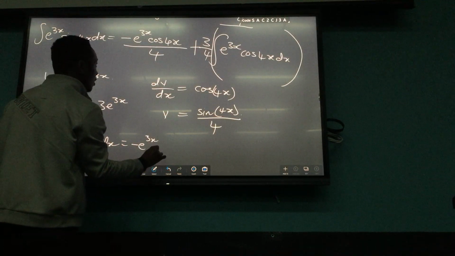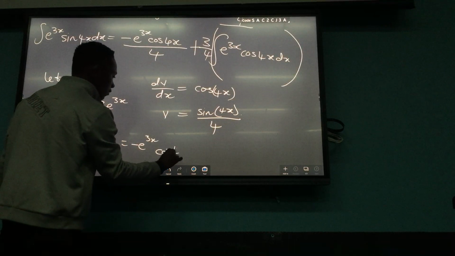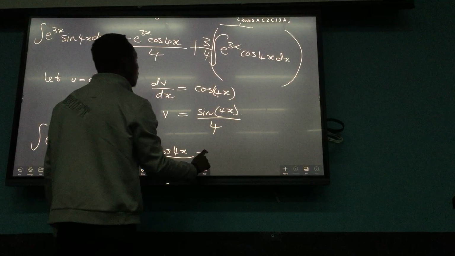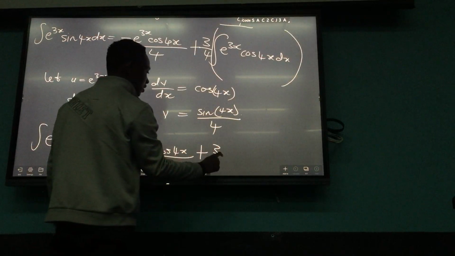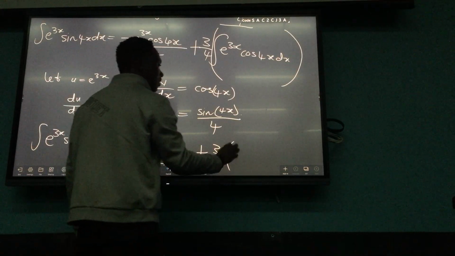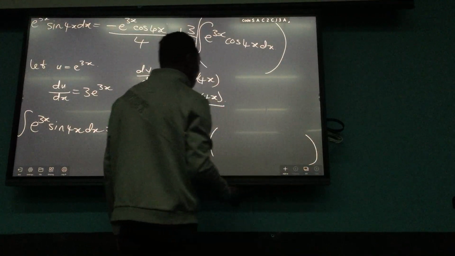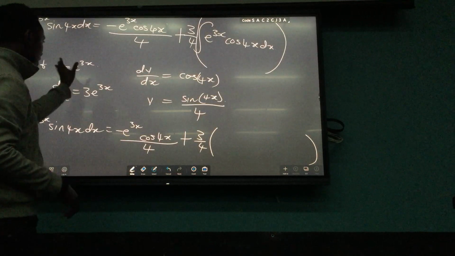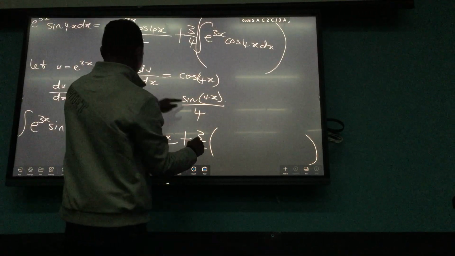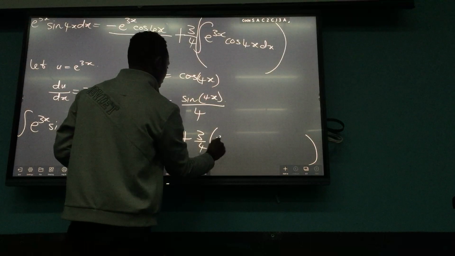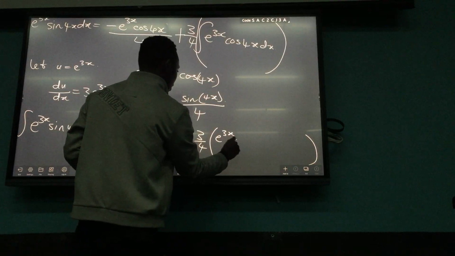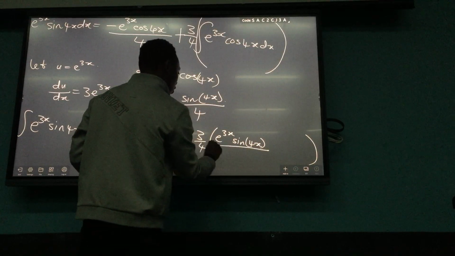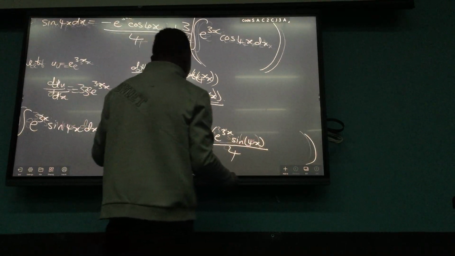It's going to be e to the 3x cos 4x over 4 minus, that's a plus 3 over 4 bracket. This is where we need to now remove that integral and put its solution. What is its solution? It's uv, which is e to the 3x sine 4x over 4 minus,